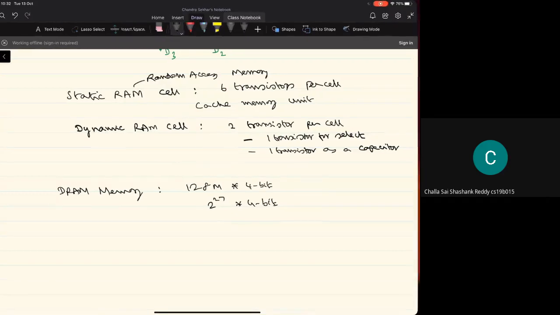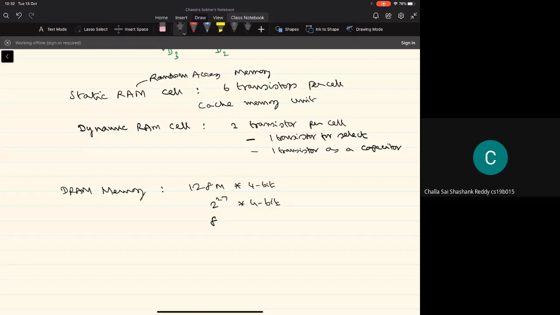Then you have 8 such memory chips in a single row. I'm talking now about a row of chips, also referred to as a bank. So what will be the capacity of this? 2 power 27 by 32 bits, right?